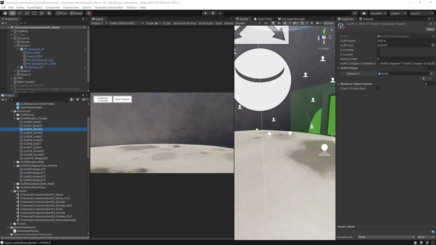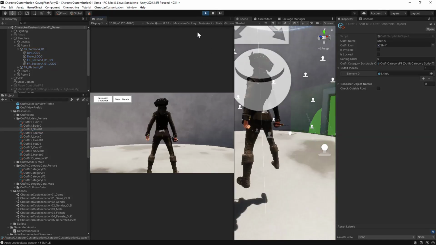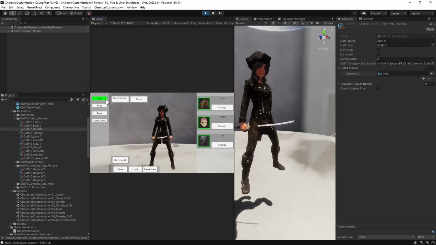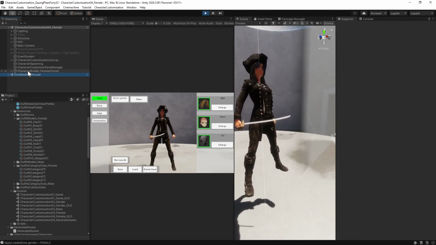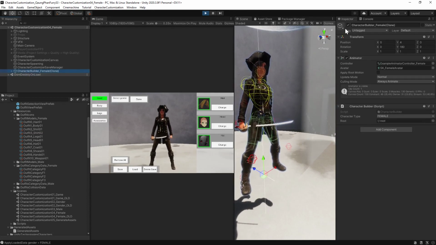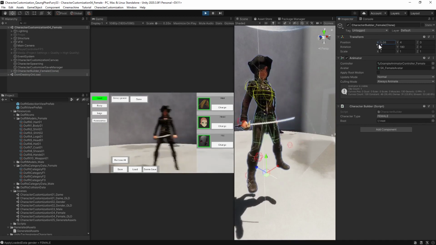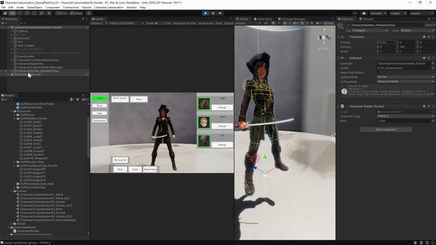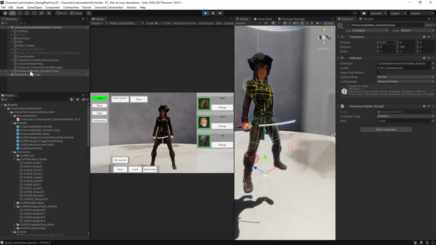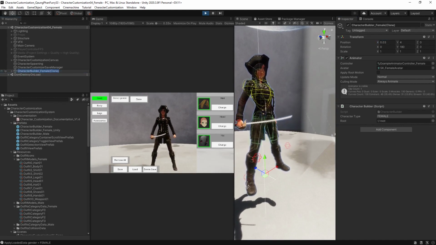That's kind of how the system is at the moment, but you should still have way more customization options with the system now, and you should be able to make so many different characters, make them in real time. Again, once you've modified your character and edited a particular unique one over here, this runtime instance, which is unique, the unique combination that you've created, you can then drag this out over into your assets folder, and you can call this